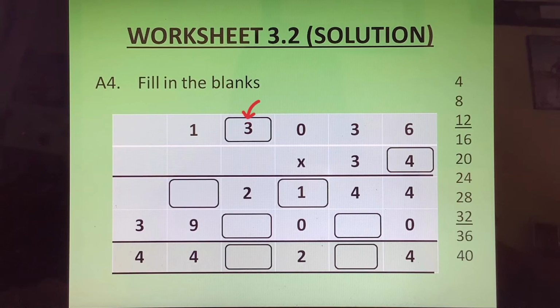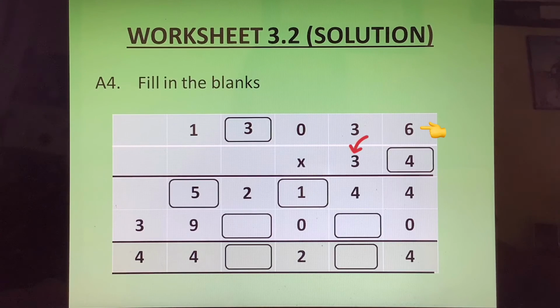4 3s are 12. 2 here and 1 on top. 4 1s are 4 plus 1 5. Okay. But we are still doubtful about the 3. Now we'll start with multiplying 3 with the number on top. 3 6 are 18. 1 on top, 8 in the blank. Then 3 3s are 9 and plus 1 10. 1 on top of 0 and 0 is already there. Then 3 zeros are 0 plus 1 from top will make it 1. So 1 will come here.